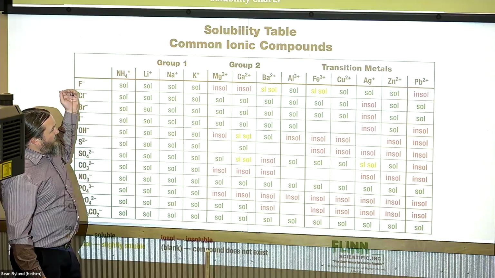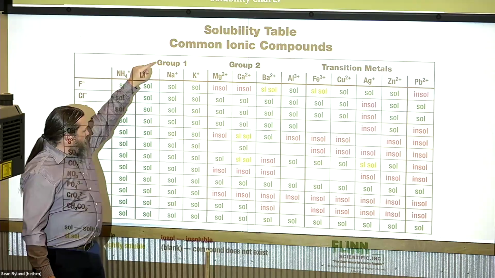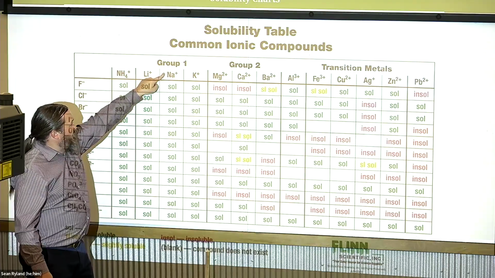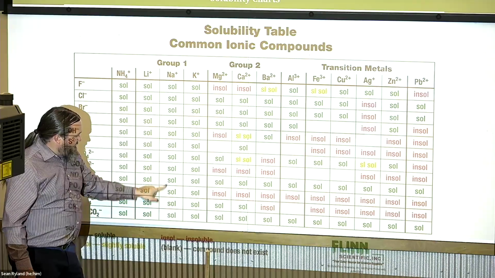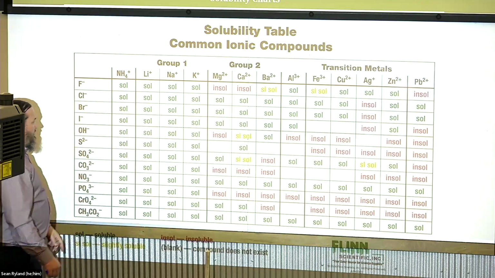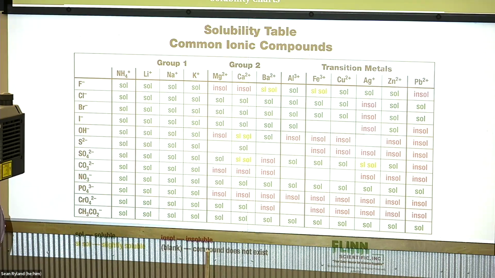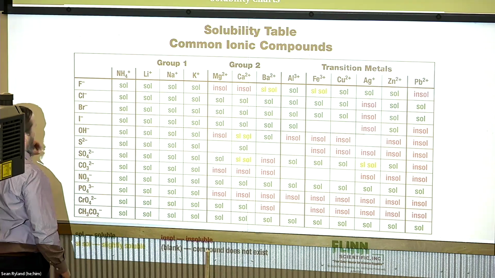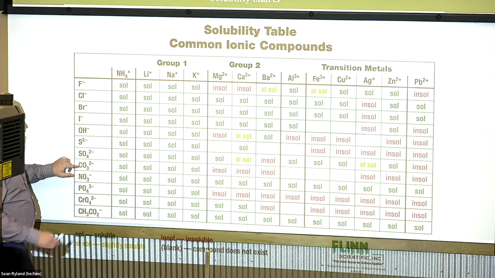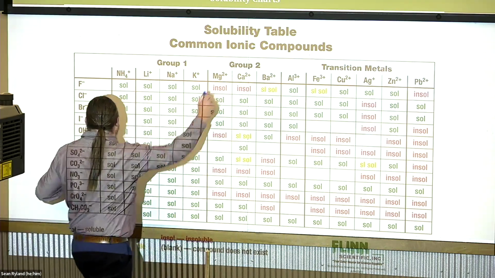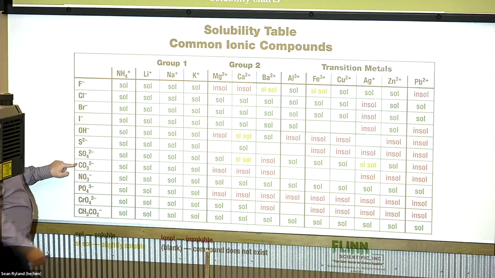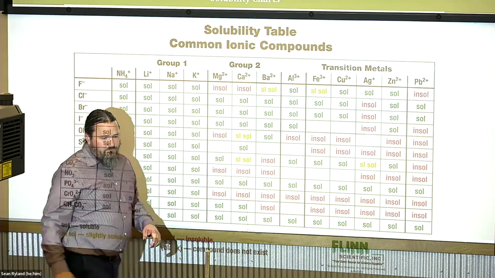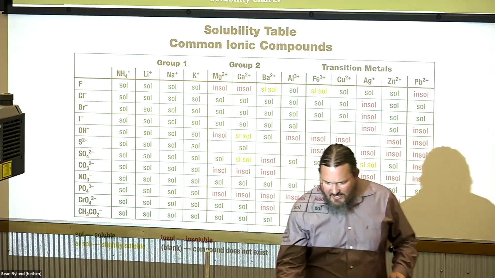solubility rules, except in this case, you just find your specific ion. So here's sodium. We know sodium is soluble with everything. And when we look down this column, that's what it shows. So if we wanted to see, for instance, if calcium carbonate is soluble, we're going to find calcium right here. We're going to find carbonate right here. And where they intersect, you see insoluble. All right, so